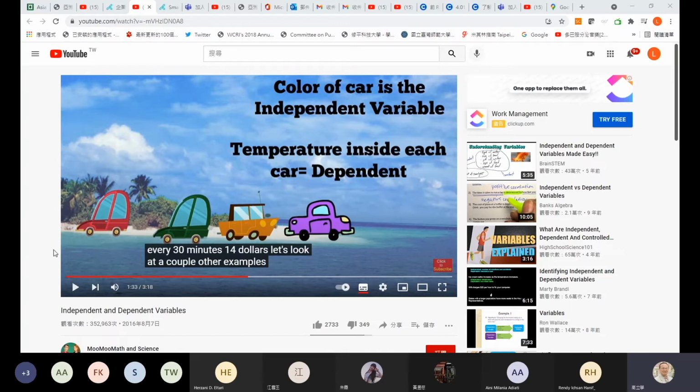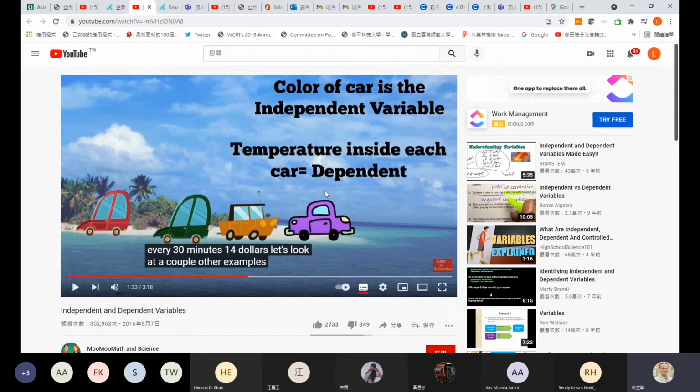In my opinion, because they collect data at different points of time, at least they need to collect data at the beginning, and then maybe 2 hours later, they collect the temperature data again. So then they can compare. They can do the calculation to know the change of the temperature. And then, using the change of the temperatures, compare whether these 4 cars with different colors will have different changes of temperature, right? So this kind of study is longitudinal,